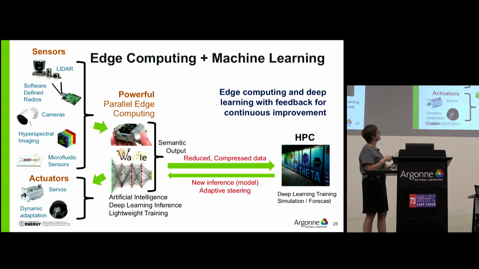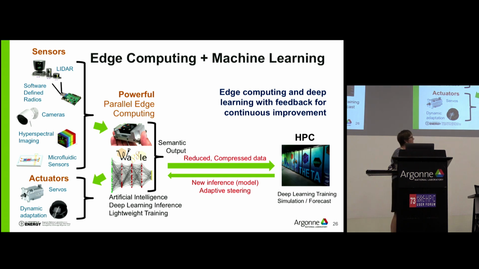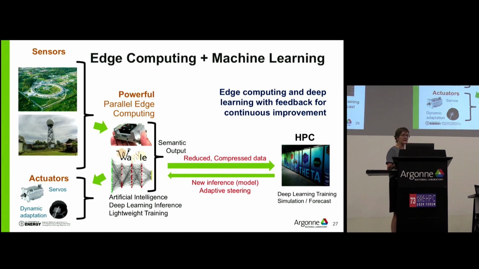So as you're collecting data, you use your HPC system to figure out the optimal models to use. But we'd also want to tie in with all of the tools that have been developed over the last many years with simulation, forecasting, and modeling, especially for things like flood, fire, and other things, to help address what's going on out at the edge and change the algorithms we're using.